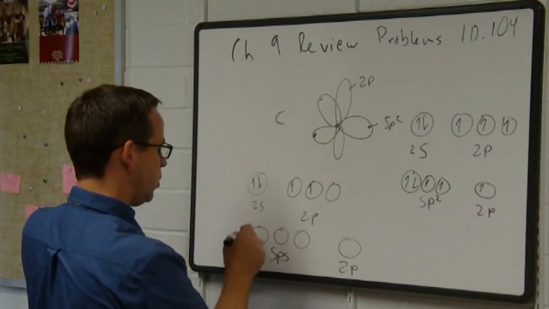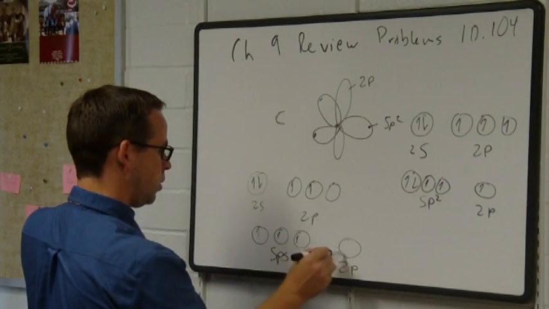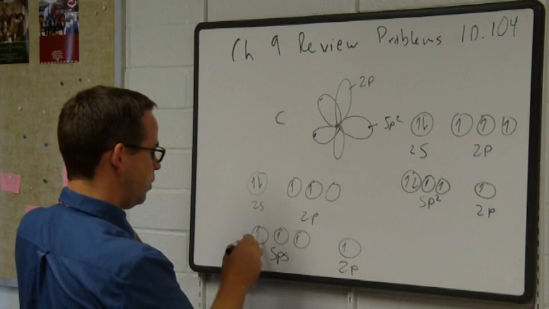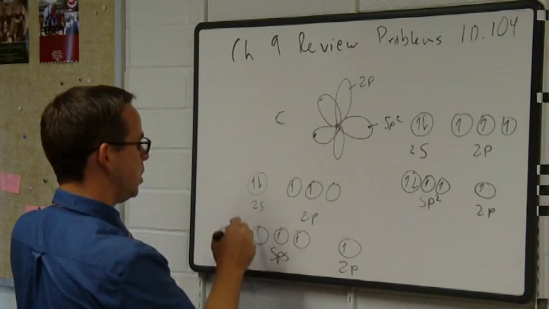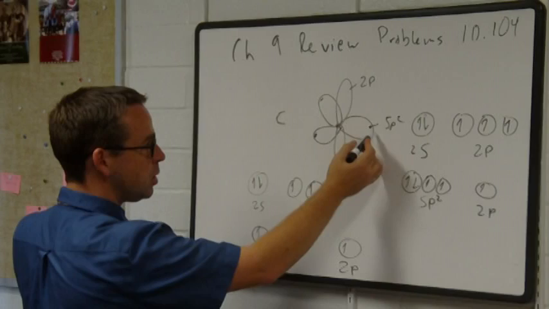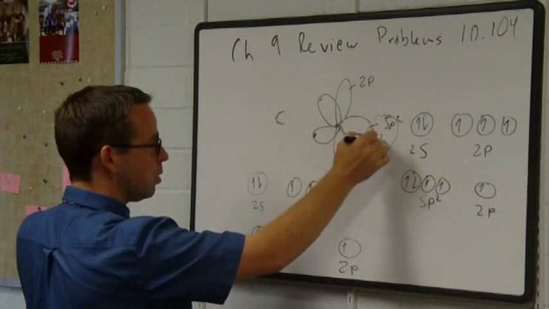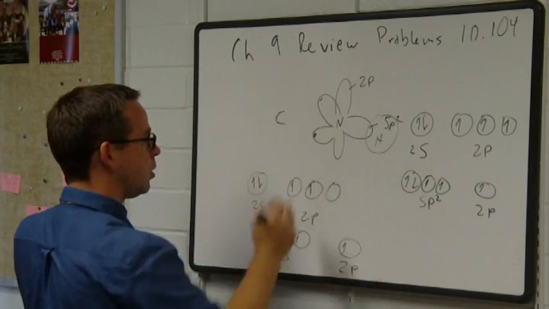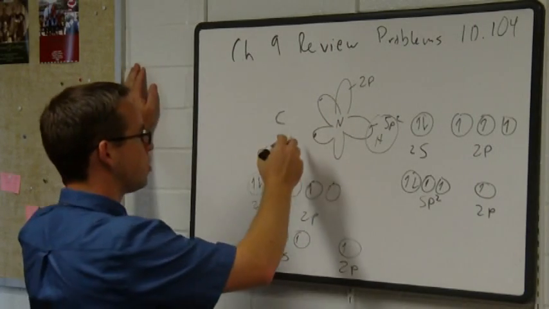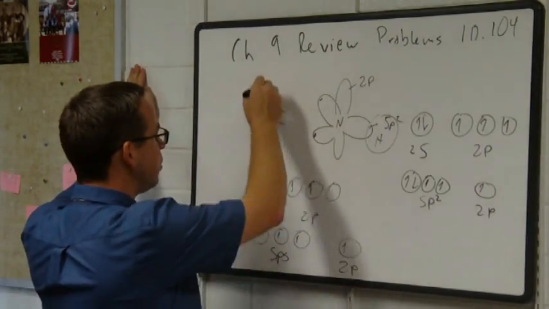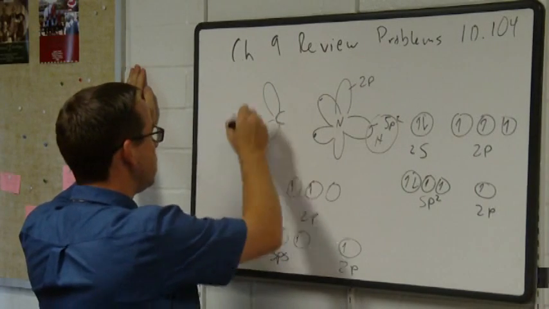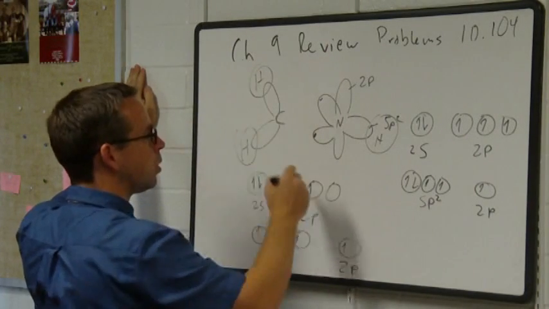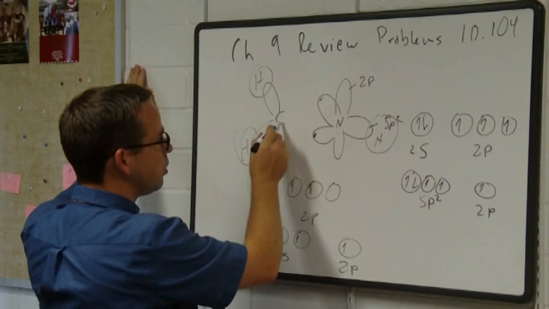And 2 of these are going to be bonding with hydrogen. So a carbon here has 3 sp lobes. 2 of the lobes are busy binding to hydrogen. One of the sp lobes is overlapping with